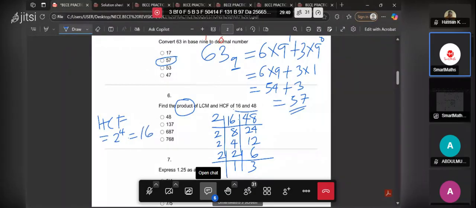We keep that. Then for the LCM, you must make sure you get to 1. Both numbers must end with 1. So 3 can go now. So put 1, 1. So that means LCM will then be 16 times 3. So we multiply 16 times 3 here. That will give us 48. LCM is 48. But mind you, that is not our final answer. The question says, find their product. We have found the LCM and the HCF. The next step is to multiply the two numbers. That is 48